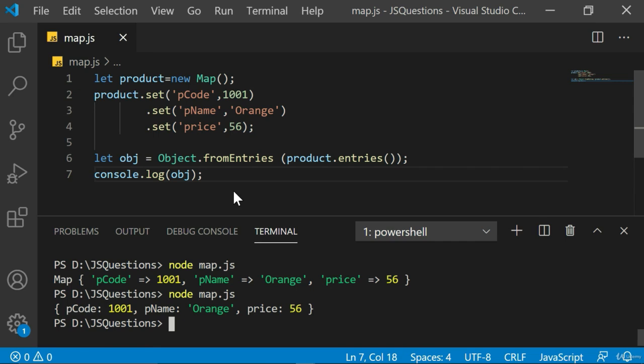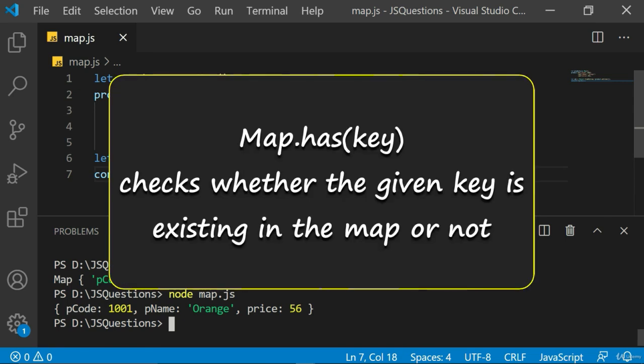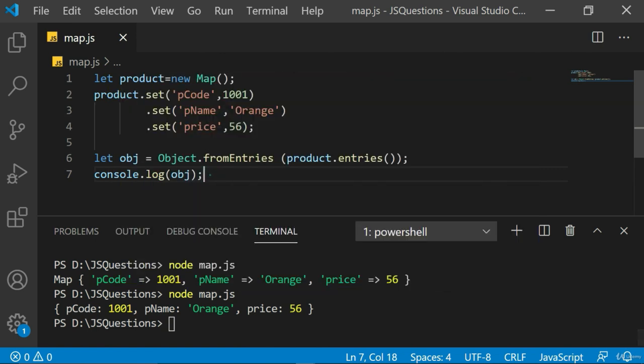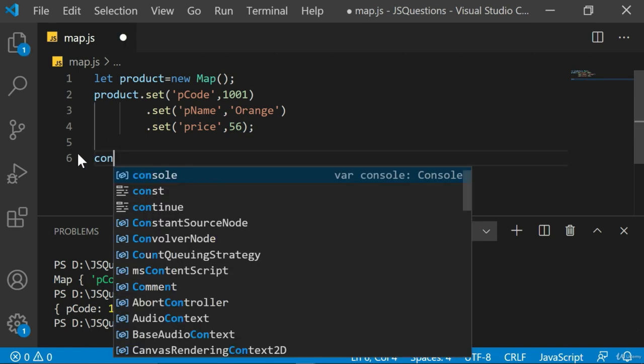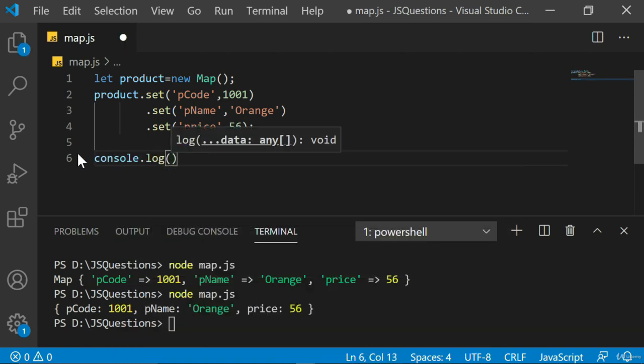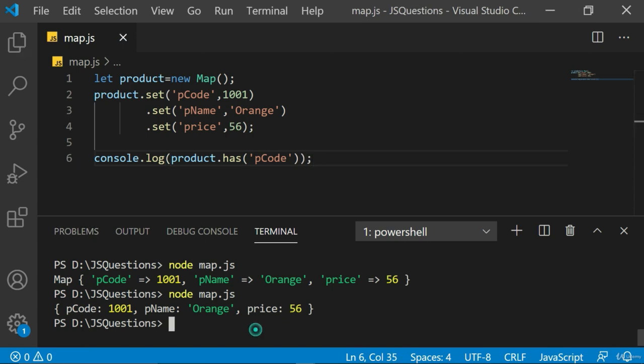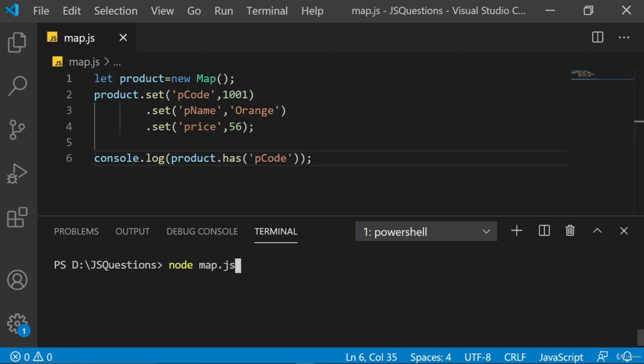There is also one more method called map.has. Now this has method takes a key and it checks whether the given key is existing in the map or not. It's a very simple method, but let's try once. I'll say console log, and here I'm going to say product, which is a map. I want to check, does it have a key called product code or not? Now if there is no such key, it's going to return false, but because we have it here,